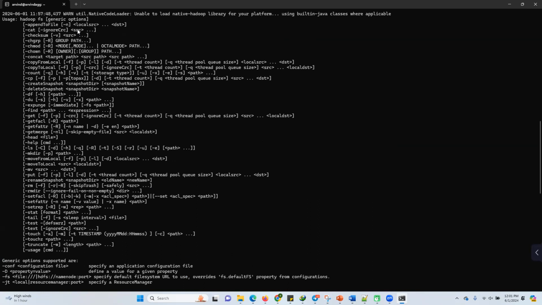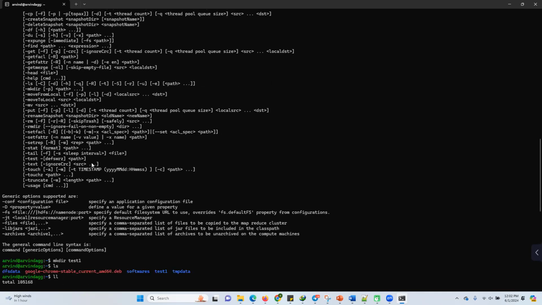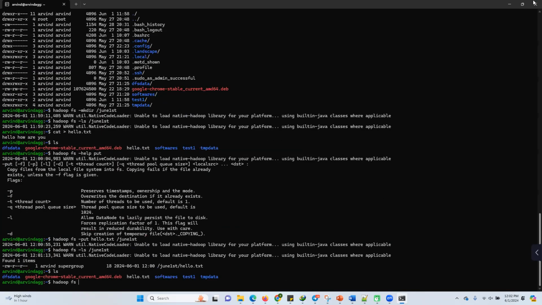And it is saying src. So this hyphen option is not mandatory. Whatever you see in square brackets is optional. It is not mandatory, right? But sometimes you have a specific use, then you will use it. So hadoop fs minus cat, and then you give just hello.txt, and it will find it,